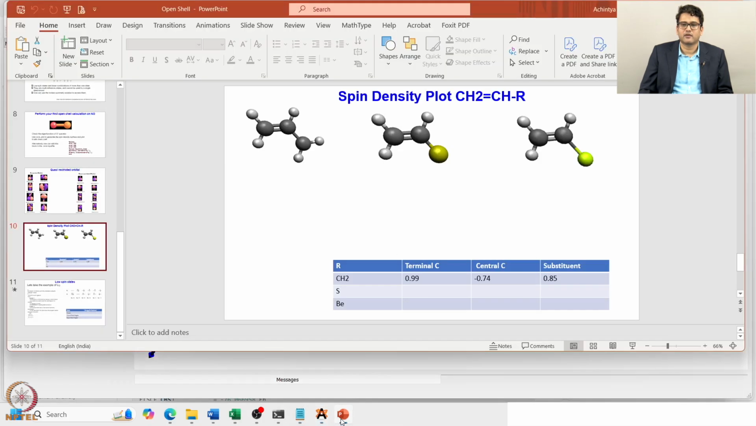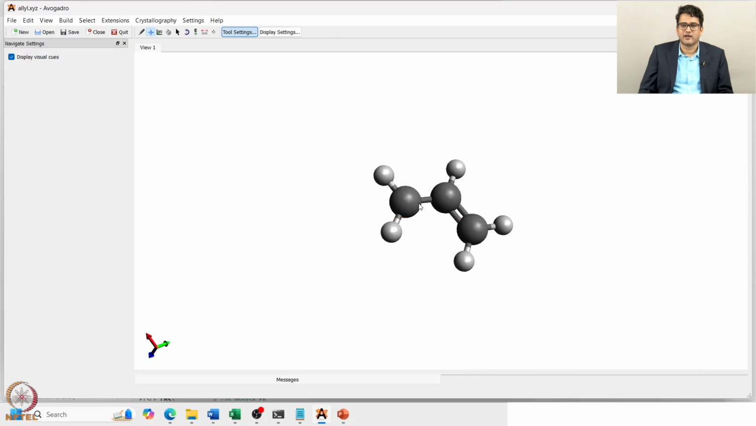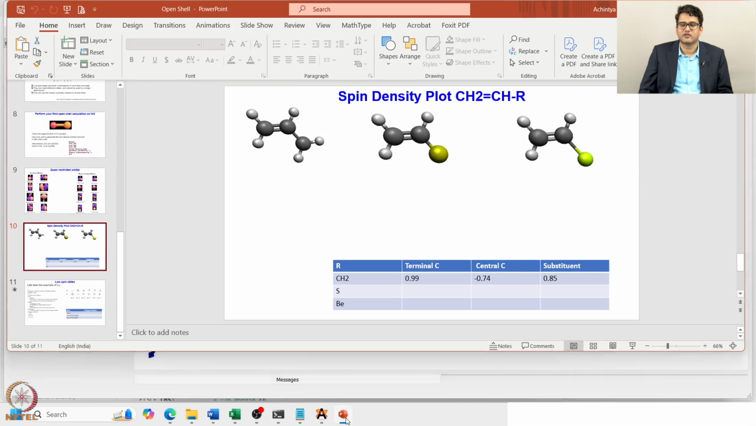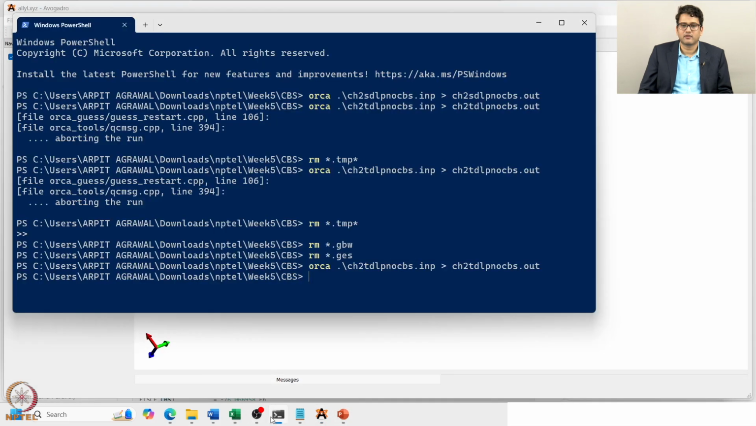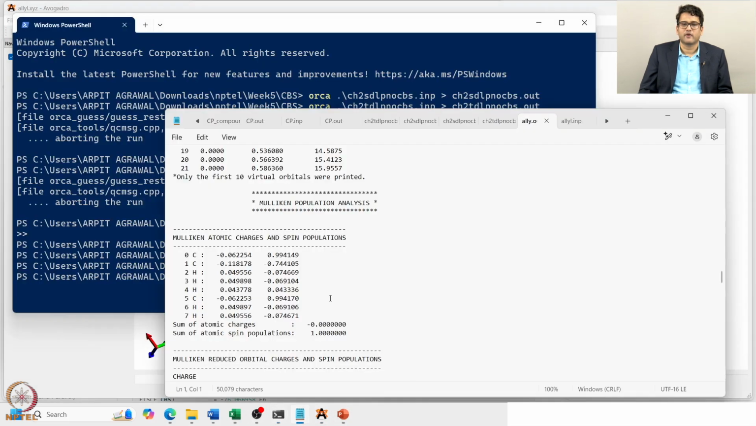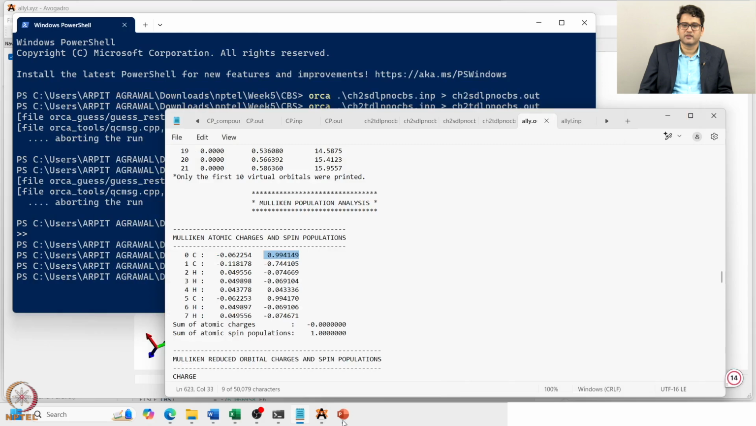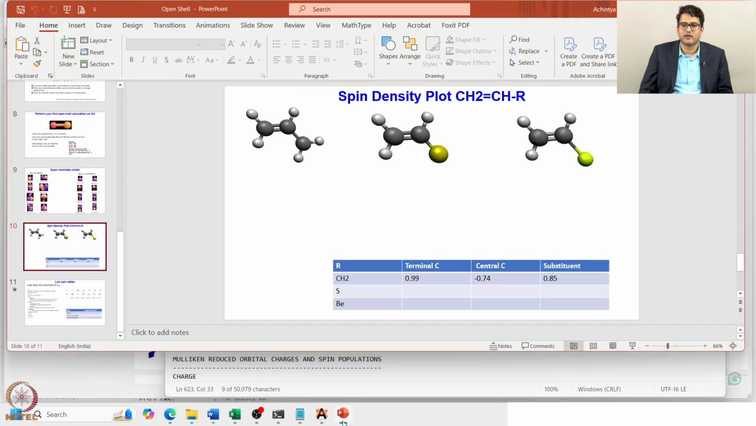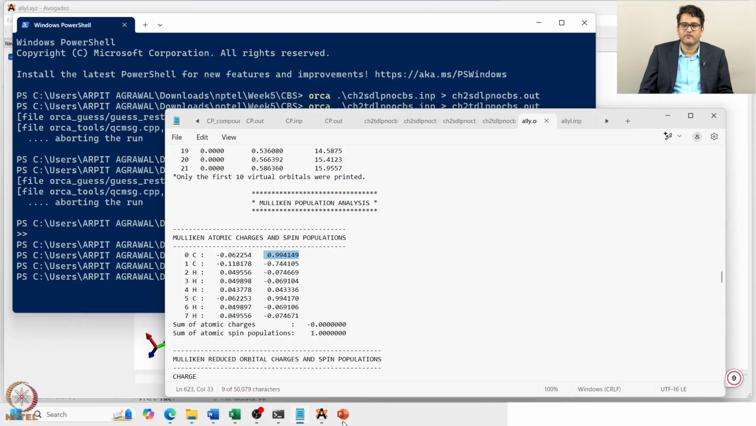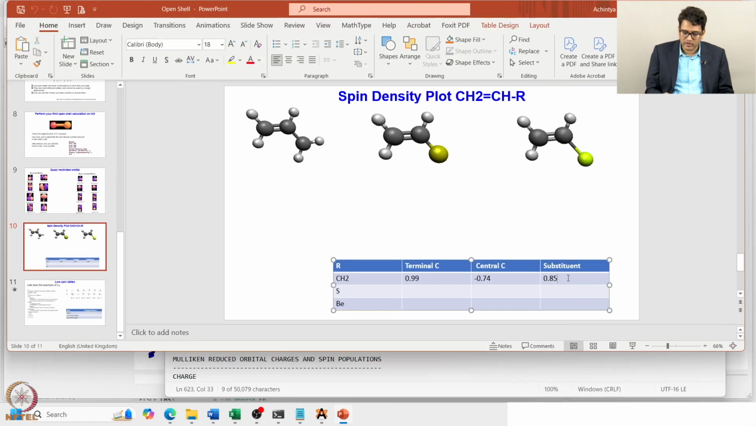So this one I write as terminal T, this is my substituent carbon, and this, in this nomenclature, is what is called a central C. And if I go to the spin population analysis, the terminal carbon has an analysis of 0.994, the central carbon has minus 0.74. By mistake I have written the substituent carbon as 85, it will also be 0.99, which makes sense because